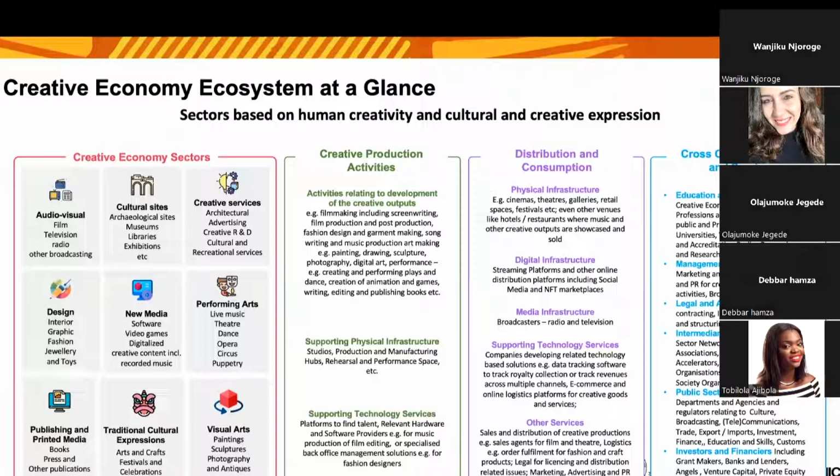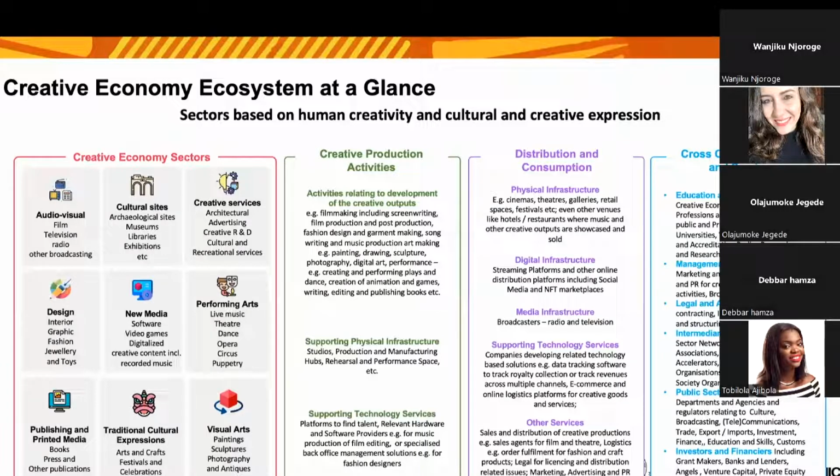For creative production activities to happen, there needs to be the supporting physical infrastructure. So in the fashion industry, when you think about the spaces where you're making your clothes or you're making your accessories, or production facilities for film, or rehearsal and performance space for performing arts. All of these are physical infrastructure that determine or have an impact on creative production, and they affect the way that your products are created.